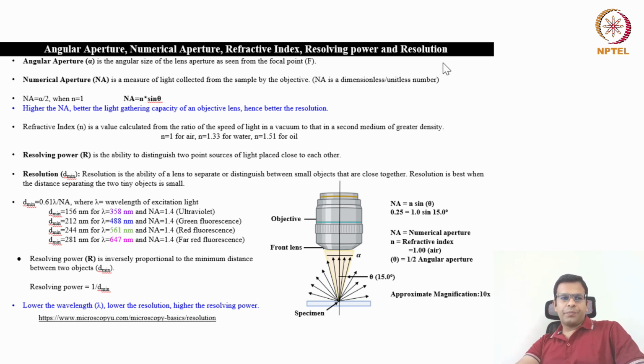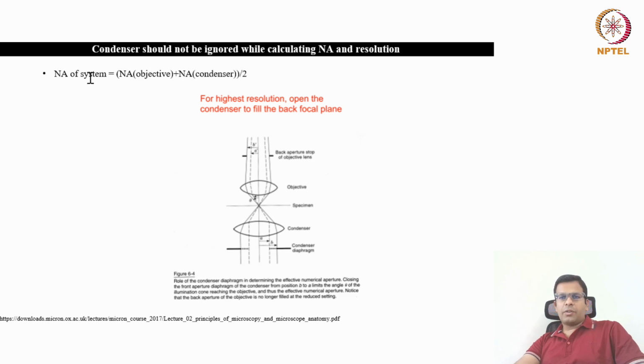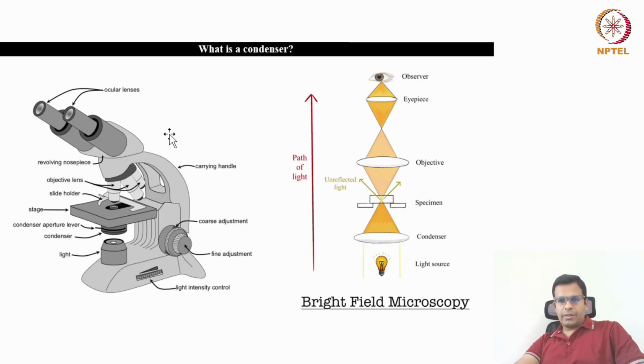So coming to the condenser of the microscope. So what is the condenser? If you have seen this kind of a microscope, you can see a small set of lenses. They are there at this position above the light source. So this is known as the condenser. And what is the function of the condenser? So condenser actually gathers the light from the light source and it focuses the light onto the sample. Okay, so here you can see this is the light source and this is the condenser lens. So condenser lens actually collects the light from the light source and it focuses the light on the sample.